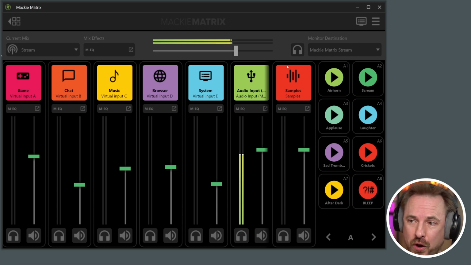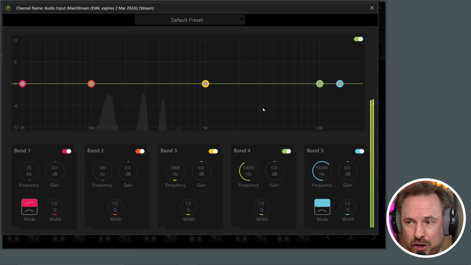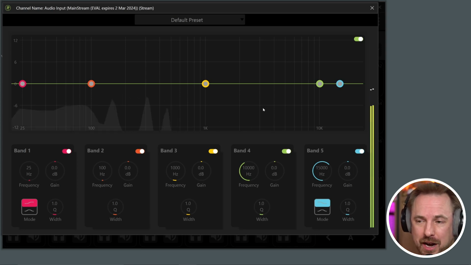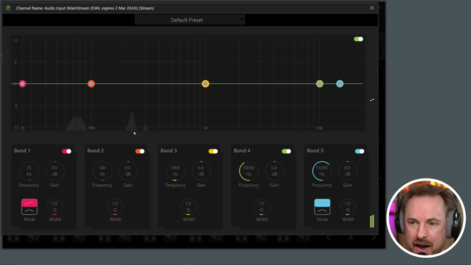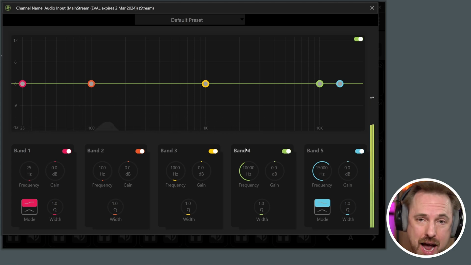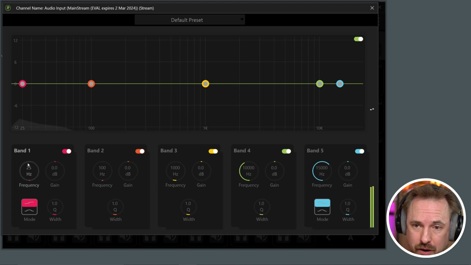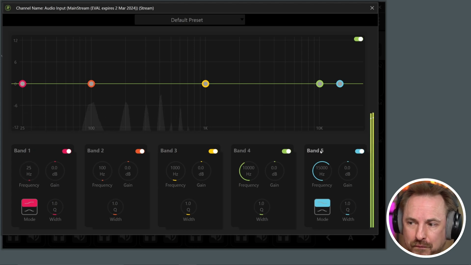Now, it also comes with some mix effects as well, and in this tutorial video, I would like to focus very much on the ability to use Mackie EQ. I think this is really cool. Now, you'll see when I load this up on my microphone here, I can actually see all the frequencies in my voice in real time. And I've got different bands, just like I would have in a parametric equalizer. So I can set up band 1, 2, 3, 4, and 5